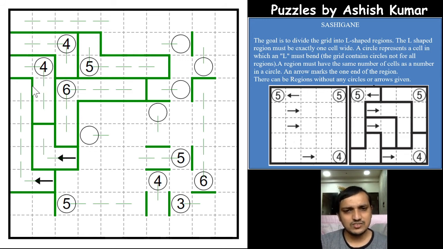Now one of the best tricks that you can come across in such puzzles is 2 into 2 group of cells which are not forming a region yet. If you see this, 2 into 2 group of regions are formed, and there is only one way to go out towards the other part of the grid, and that is this cell. So at any point of the grid, if you come across this kind of situation, you can make sure that one of this cell which has a path to go out will be part of the other region, and other 3 cells will be part of its own.